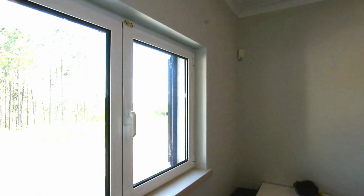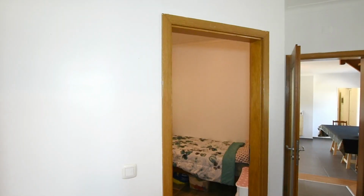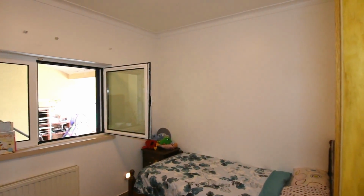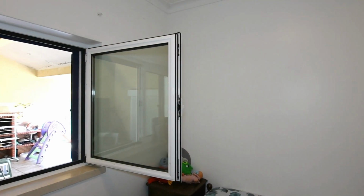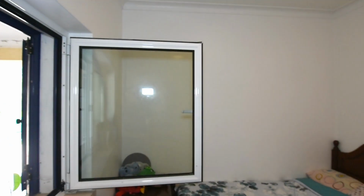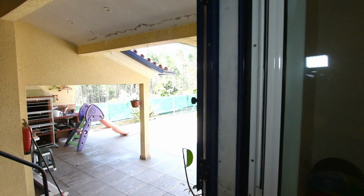Right, so this is generally, we've covered this floor, but there is an upstairs. So coming out of the master, the larger double bedroom, nearly opposite, we have smaller bedroom on this side. Again, it's got double wardrobes in there, and it's got the view out to the covered area in the back garden. Radiator again, and that nice wooden...